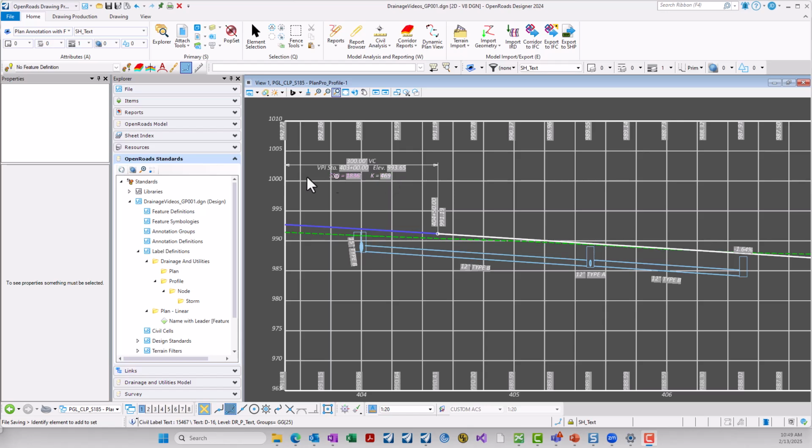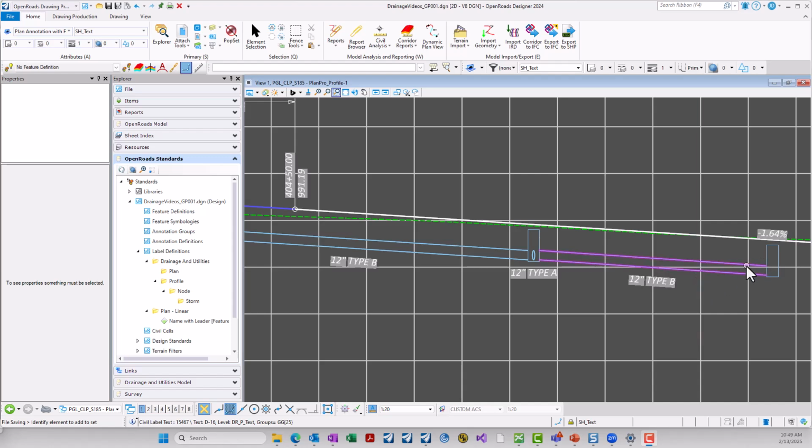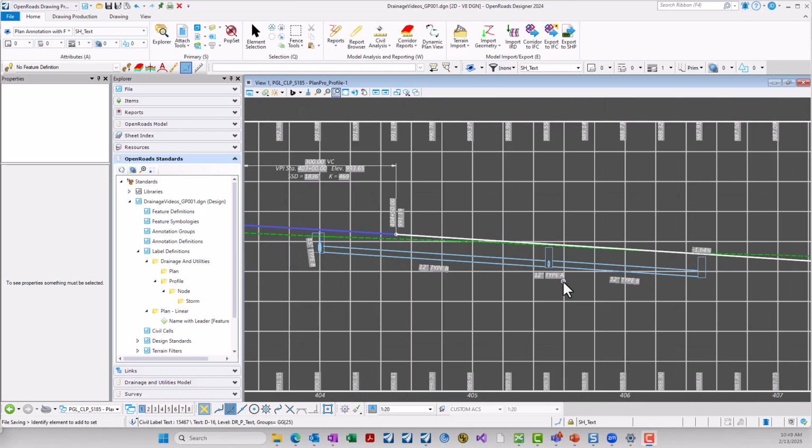So I am in my profile drawing model of a plan and profile sheet. And one thing you'll notice right away is there's a couple things that auto-annotated. One of those things is all the conduits. Everywhere it saw a conduit piece, it automatically annotated. That's similar to the element annotation that we talked about in plan view, automatically being applied